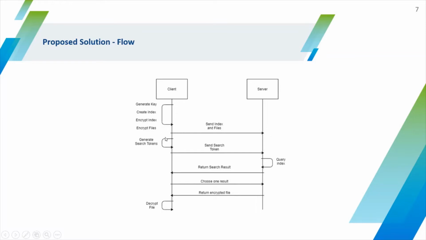Then the encrypted index and files are sent to the server and stored in the server. When the client wants to perform a search, a token is generated and sent to the server, and a query is done using the previous method, and the result is returned. Then the returned result is only the identifier of the file. When the client wants to get the whole file content,